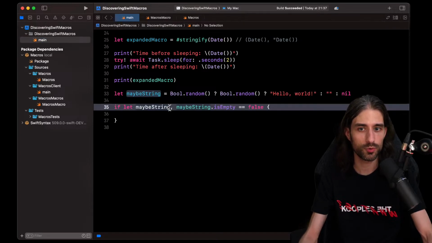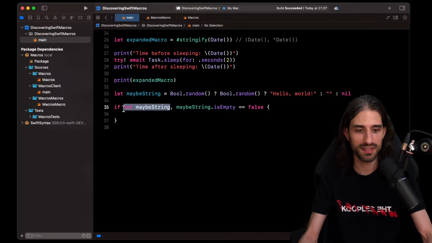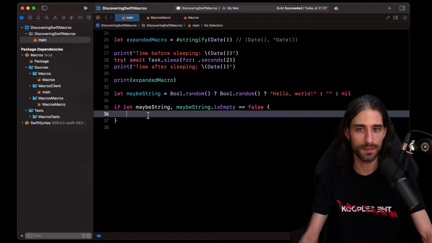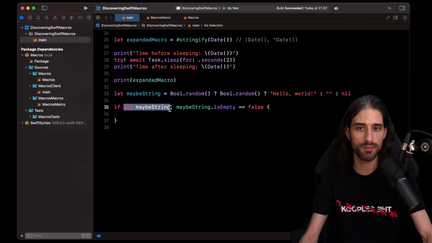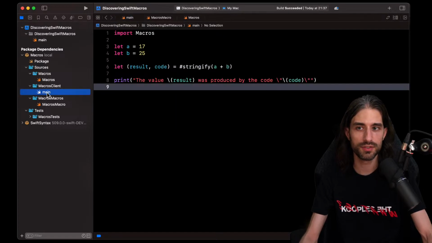We not only do a test, but we also create a conditional binding. So it's kind of like if not nil and not empty, or yeah, I'm going to call it bind if not empty. We'll see how it's going to go.